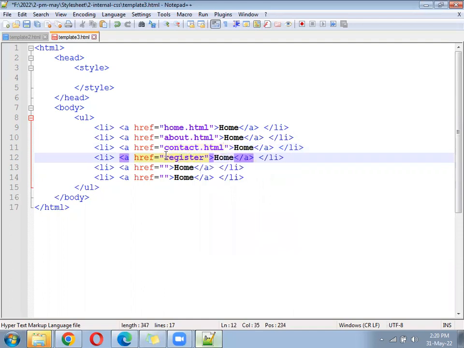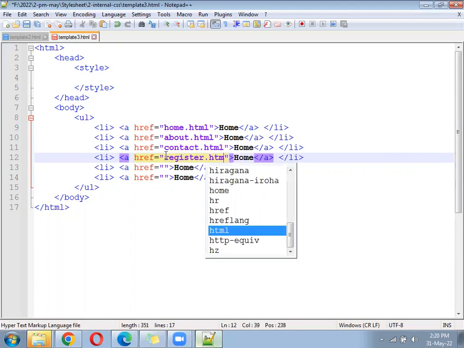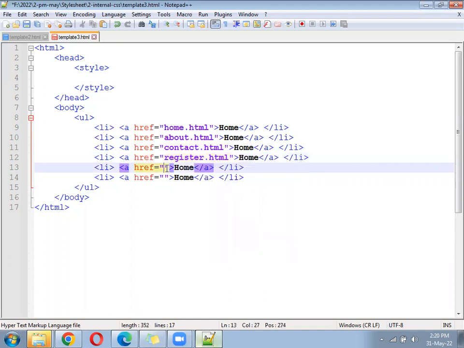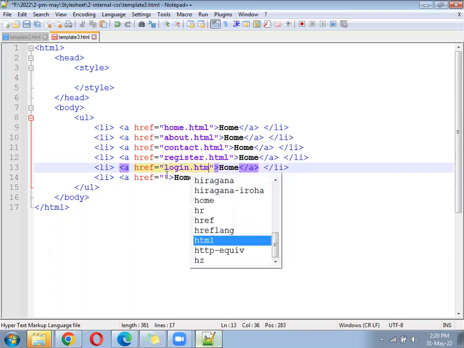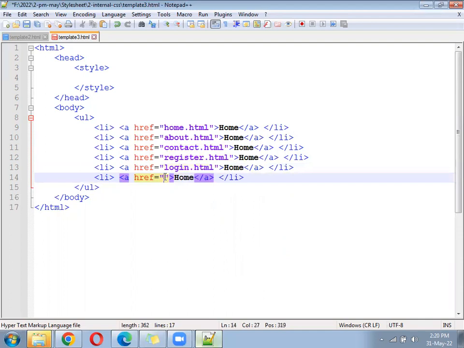Register.html. Login.html. Contact already we have. Service.html.